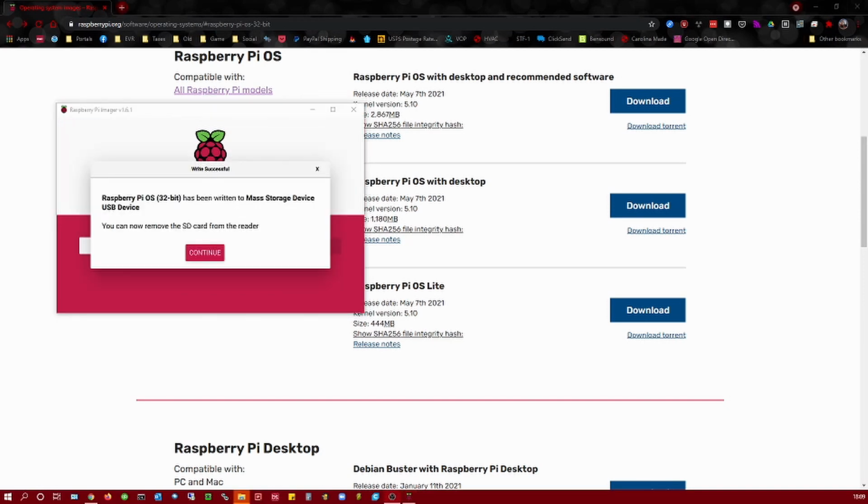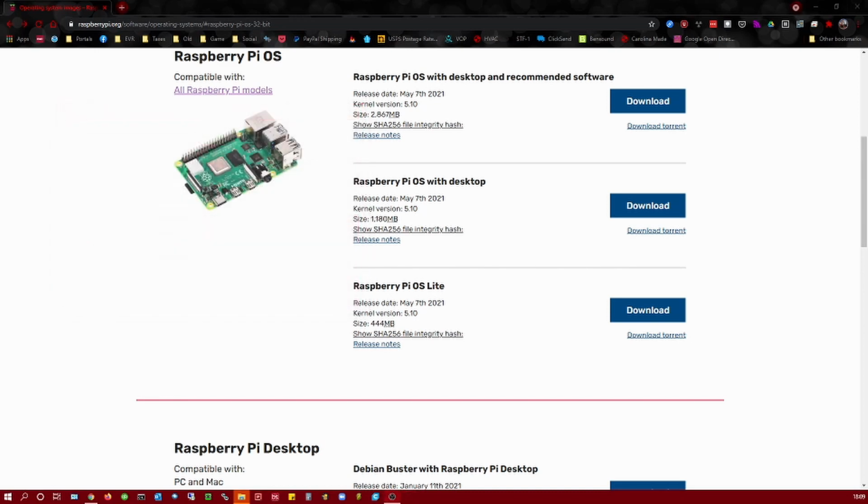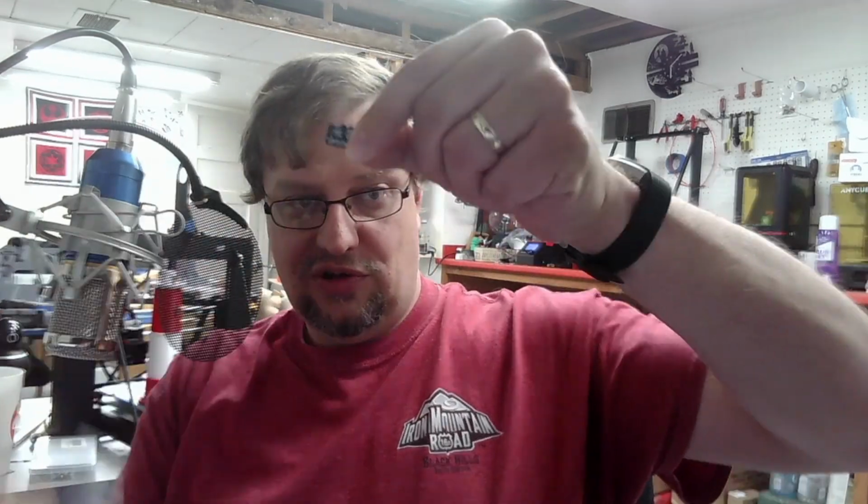Okay, after it verifies the download, you should get this message right here. You can now remove from the reader. So we're going to close that and do just that, remove it from the reader. And here's our SD card,